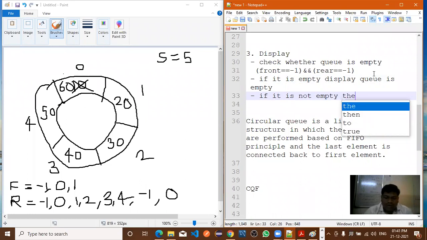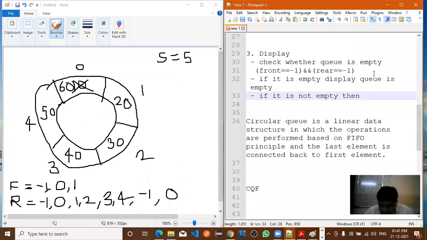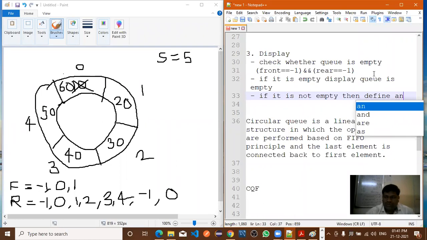Now how to display the elements? First a for loop we require here. To write a for loop we require some integer value. So here we are writing the algorithm or pseudocode, not actual code, that's why I'm writing like this. If it is not empty, then define an integer.